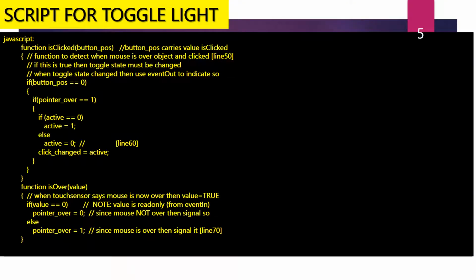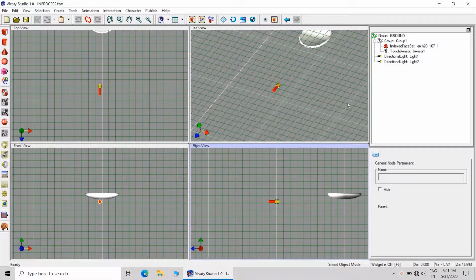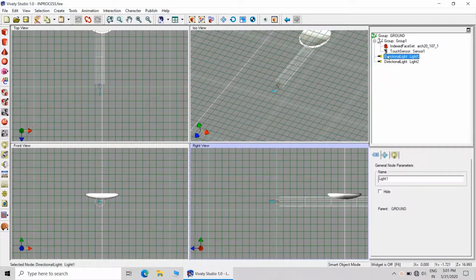Now I will be creating a script. This will be the script which is responsible for the toggle light. So the next step will be creating the script, but before that I will rename these direction lights as blue light and red light. This will be called red underscore light.